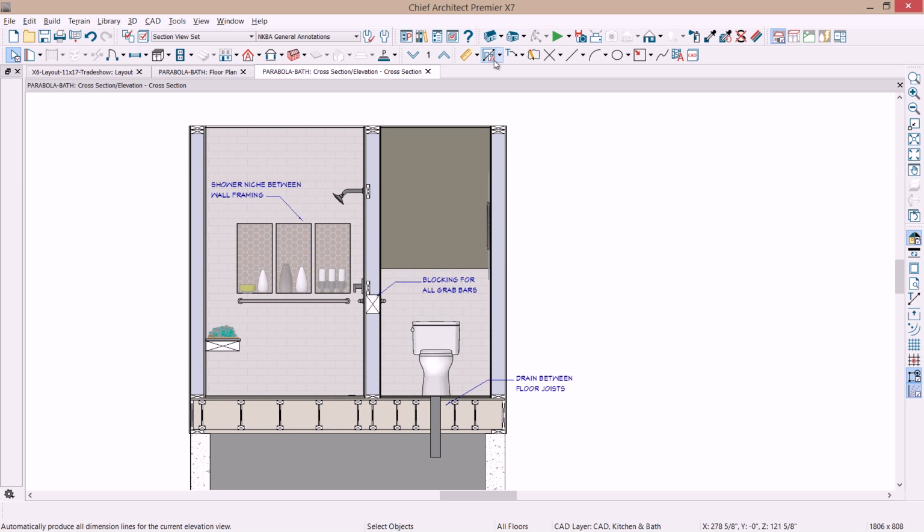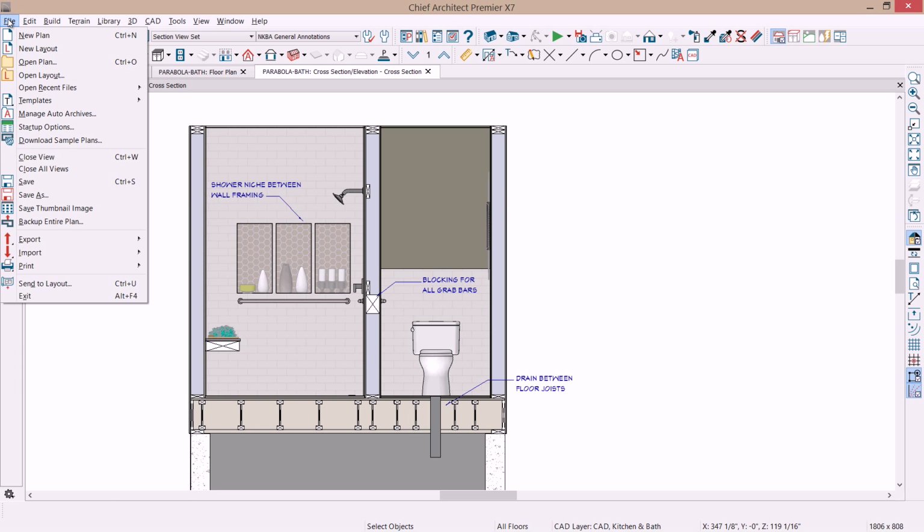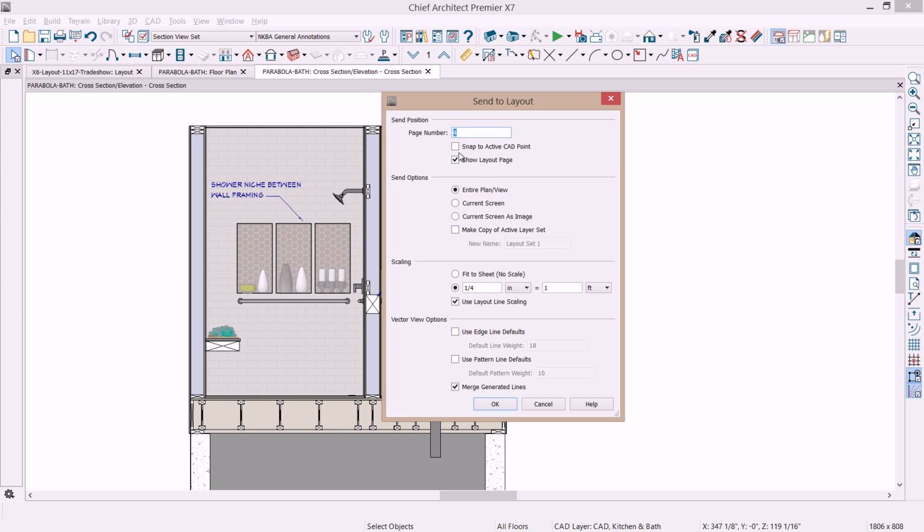There is a tool up here called Auto Detail. Let me click that one more time, and it creates that fill in there, and in many cases I'll just delete the ceiling insulation. But it'll give you a nice fill. Those colors will then transmit out to your construction drawing. Let's send that out to layout sheet number 4, and I'm going to send that out at 1/4 inch scale,